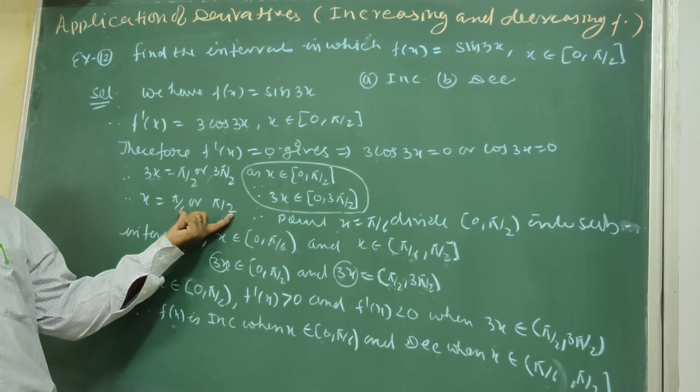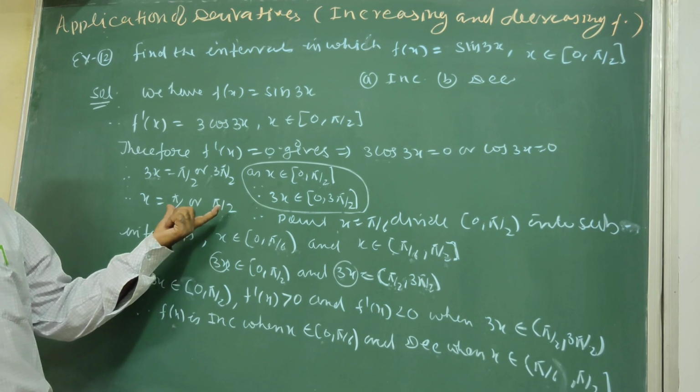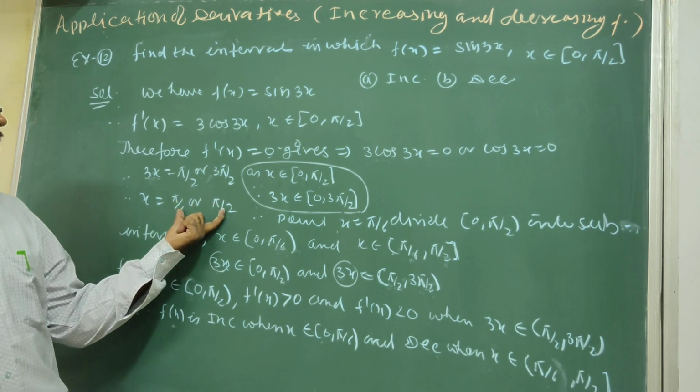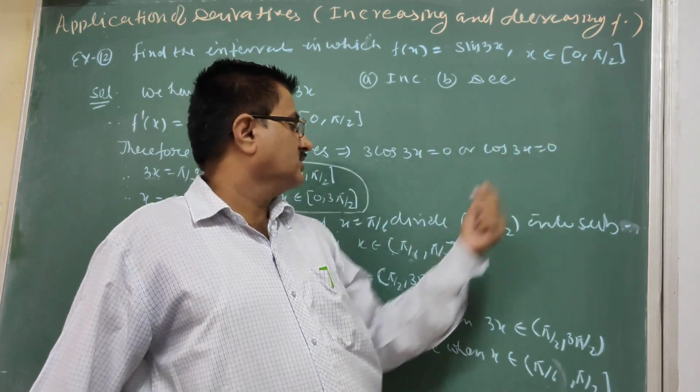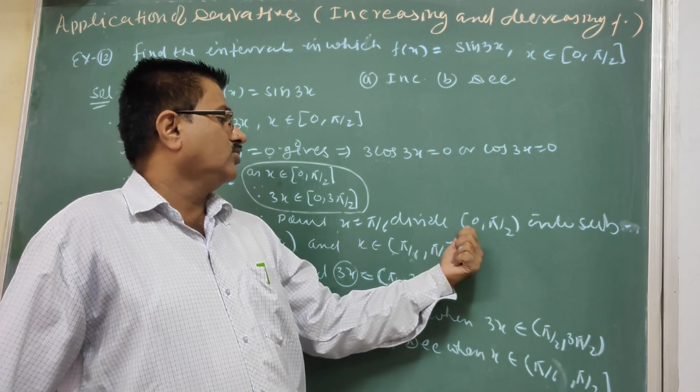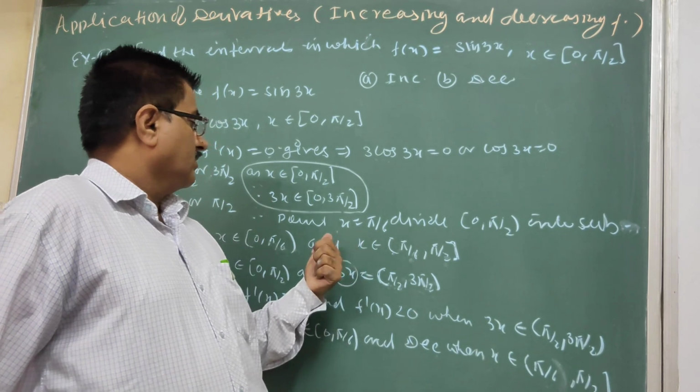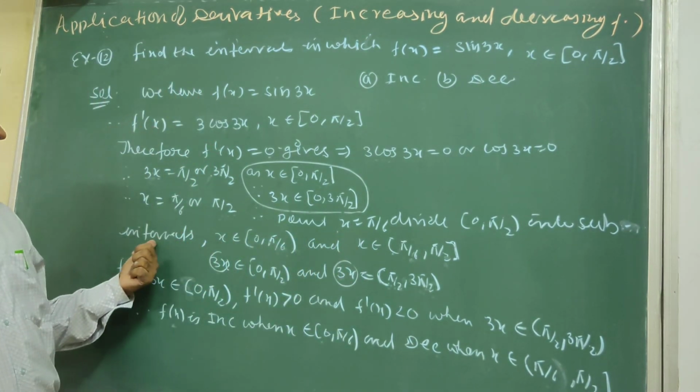Now according to this algebraic method we have divided the given interval into sub intervals. So what interval? 0 to pi by 2 is x, 0 to